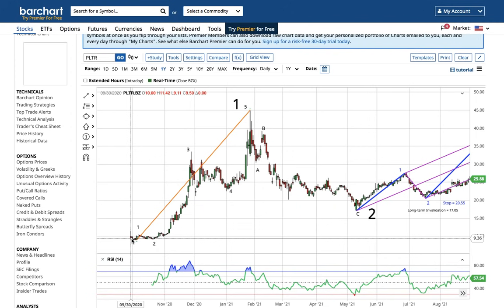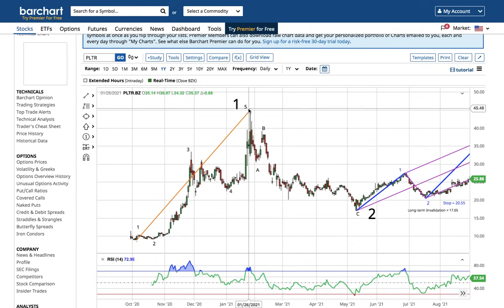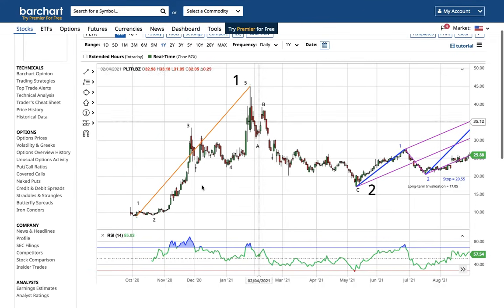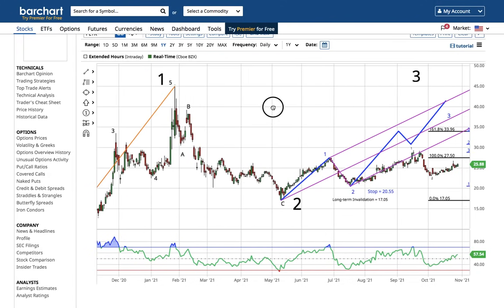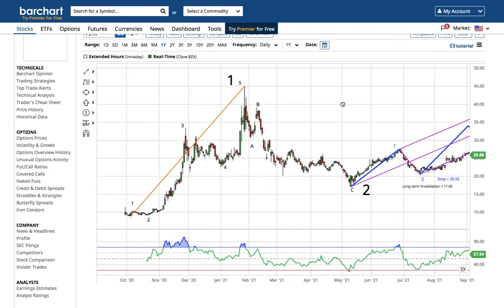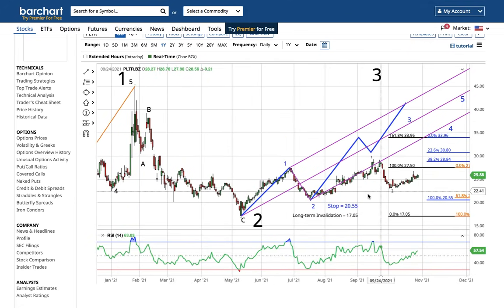Doesn't guarantee it's going to be to the upside, but for those who believe in seasonality, it was looking really good for Palantir around this time last year. It was a monster run. It only took a couple of months, and now the wave theory is saying we should be expecting a monster run that might only take a couple of months. So I think this is a wave 1 and a wave 2. I think this is another wave 1 and another wave 2.